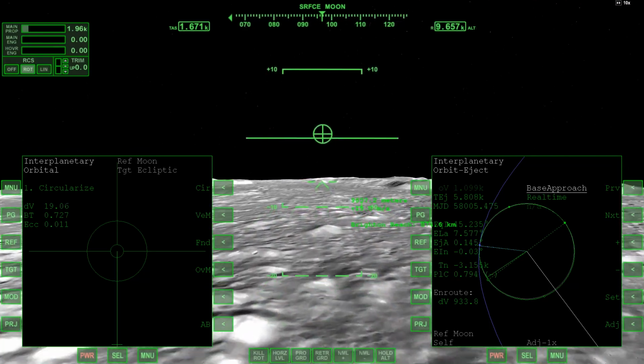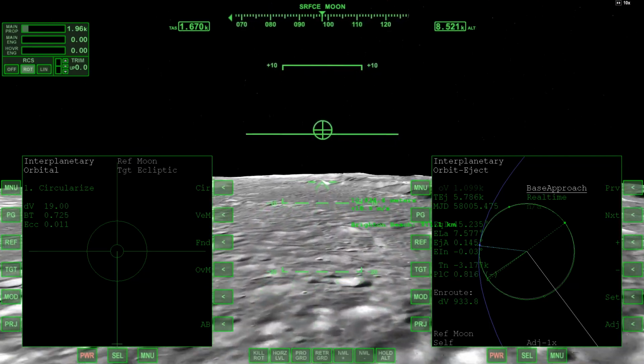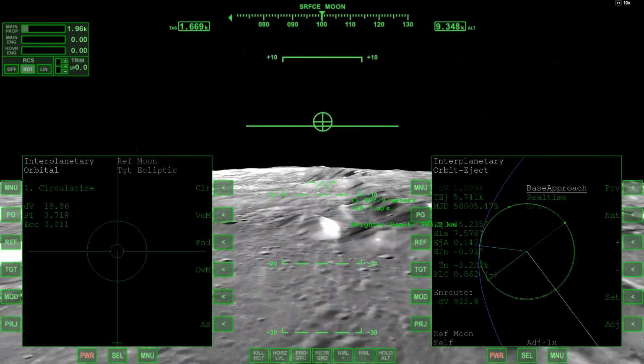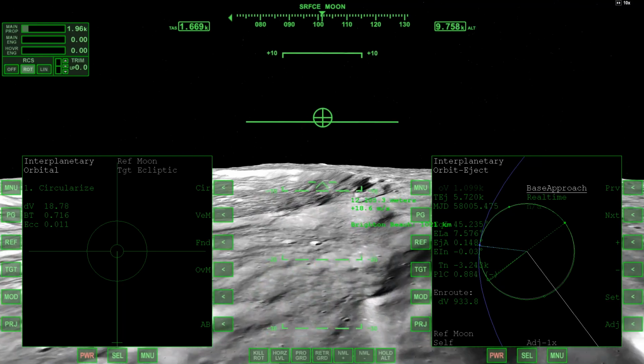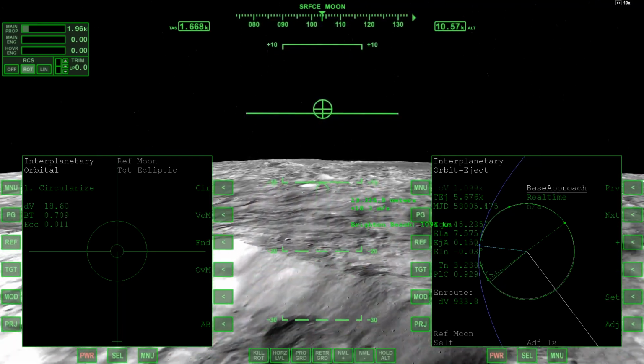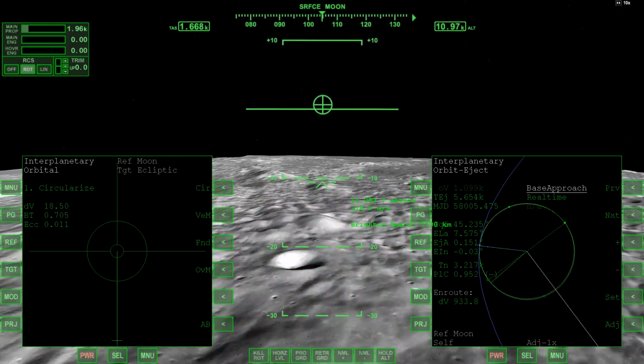So we've got about a quarter of an orbit to go until we reach apoapsis. You can actually see apoapsis over on the right MFD there. It's the small circle that is not filled in. Periapsis on the opposite side of the moon is currently under the surface.